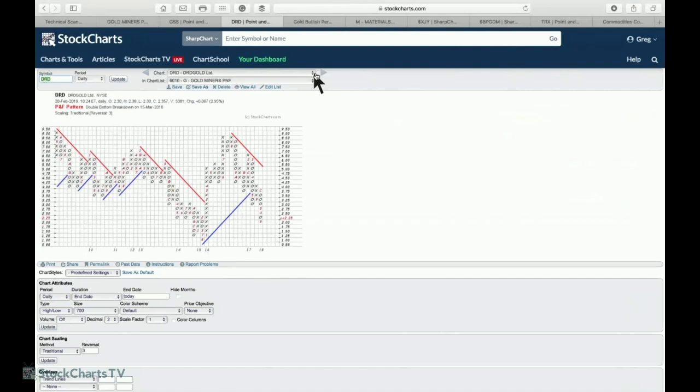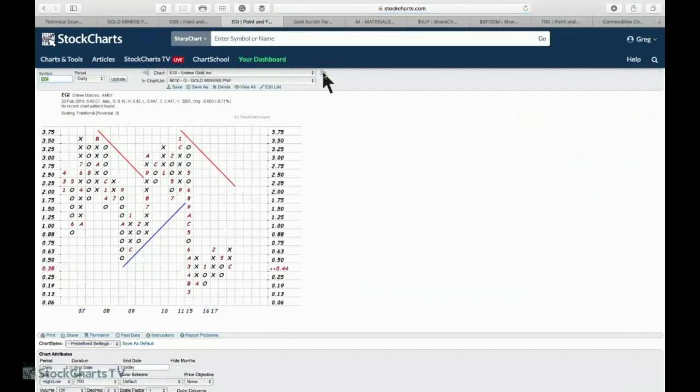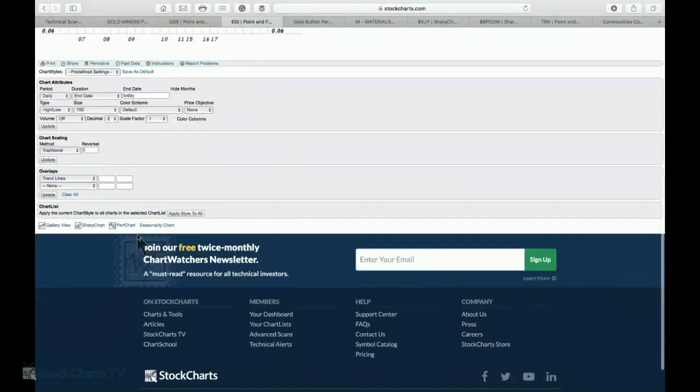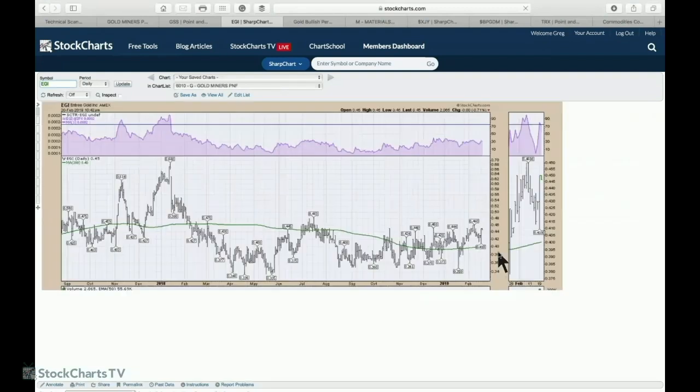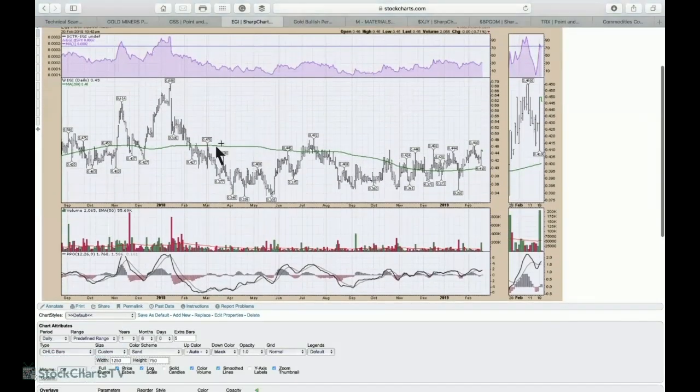So as we work through these charts, again, I've changed them all to traditional scaling, so you can see the name here, traditional scaling. And this is making higher lows, and after this X was here, it's making a higher high. But you can see this price difference here is significant. The chart doesn't look very strong. Now, if we go down here and just click on a regular chart, you can see the stock is trying to break out of this huge base. And if this did,